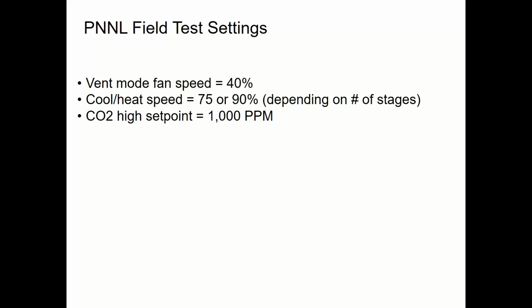So, in any case, all of these systems were able to be run at a lower airflow than their design airflow rate. For the CO2 sensing point, they used 1,000 parts per million. As you know from 2 weeks ago, that's a pretty aggressive set point. You could probably, in most areas of the country, use 1,100 or 1,200, but they used 1,000. I shouldn't say aggressive, I'm sorry, conservative set point. 1,000 is pretty conservative. You could get more aggressive in most places and do 1,100, 1,150, 1,200, but it was